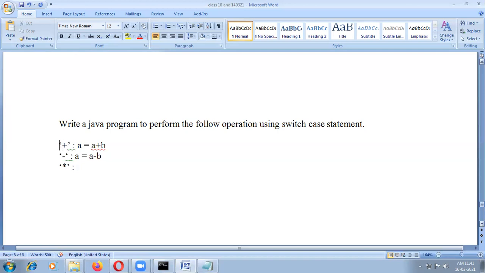A equals A multiplied by B. Case, what is the other one? Divide: A equals A divided by B. Display the result.